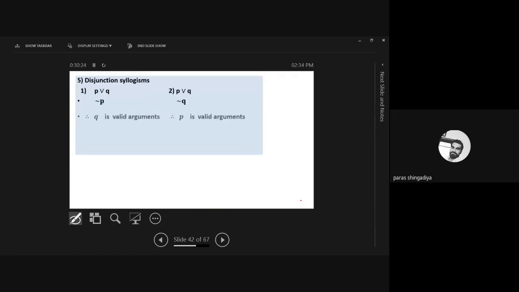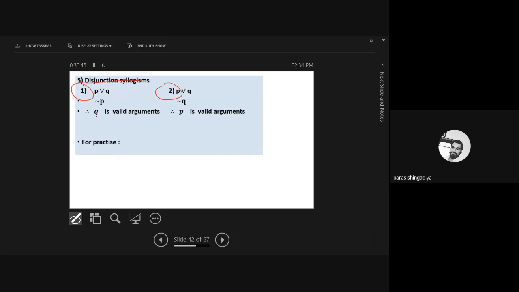So the fifth one is for your practice. Clear? The rest of the part, 2 to 3, we will discuss during the lab session. And this is for your homework, to check the validity of the argument. Clear? Which data are given? Two parts, that is 1 and 2. And we can prepare a separate table for 1 and 2.